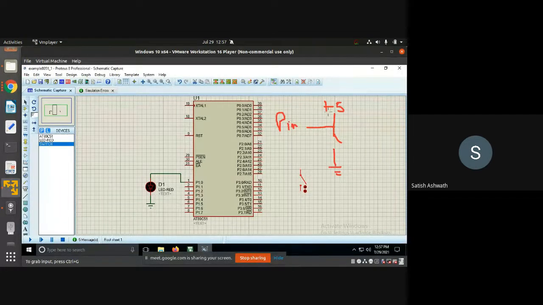When the switch is not pressed, the pin reads 5 volts. When the switch gets closed, it gets grounded, so the pin reads a 0 from the ground. So you read a 1 when the switch is open, and a 0 when the switch is closed.